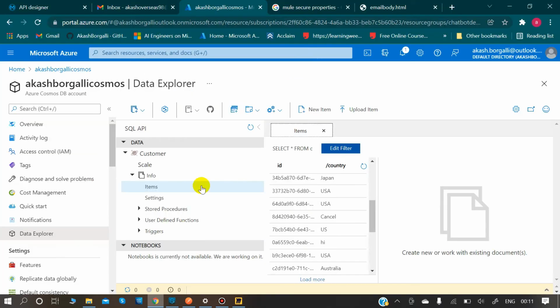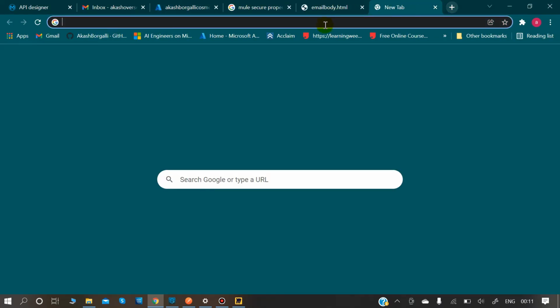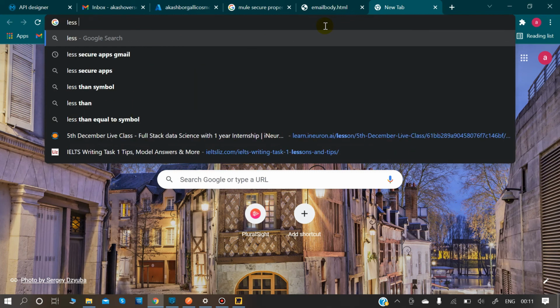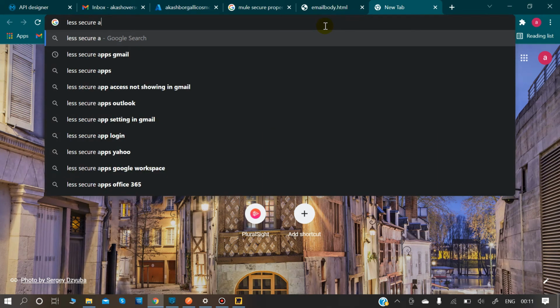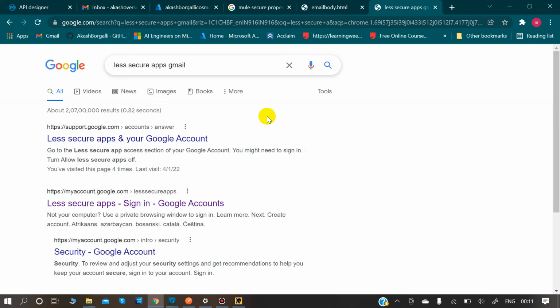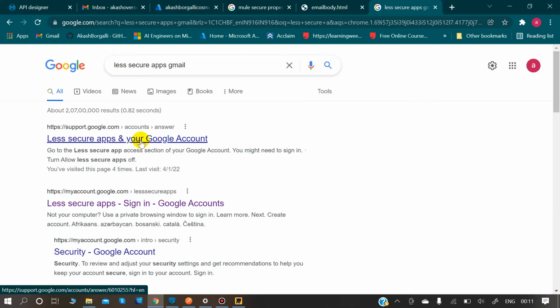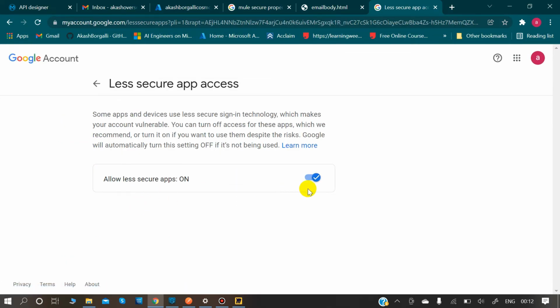Also, you need to enable this less secure apps setting in Gmail, so that this particular app can send notifications to you. This second link, as it's set to on, so we are good here.